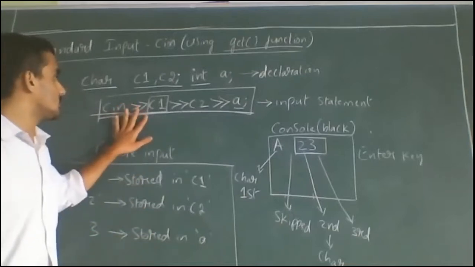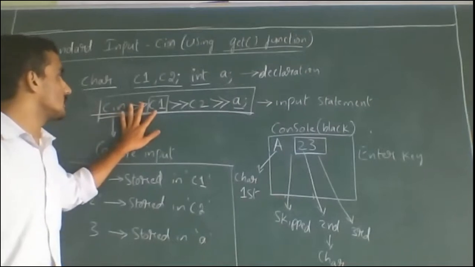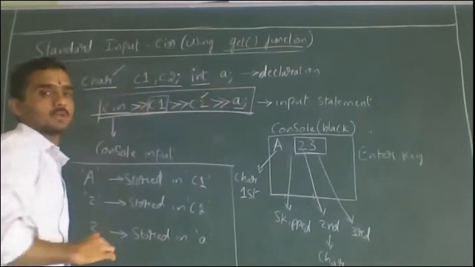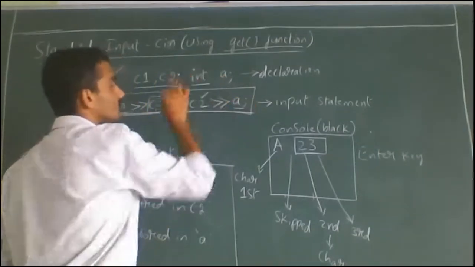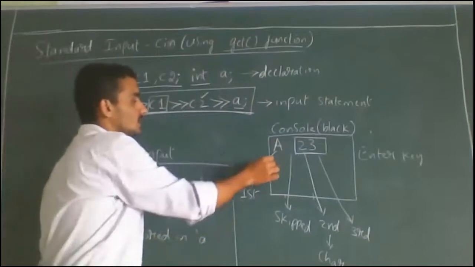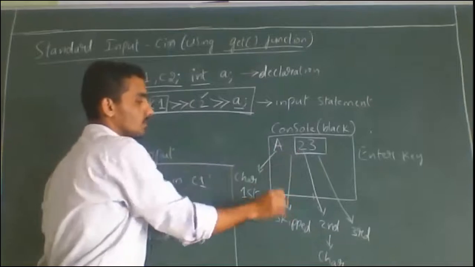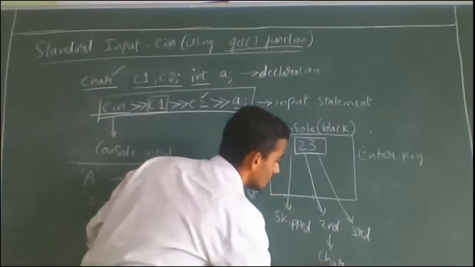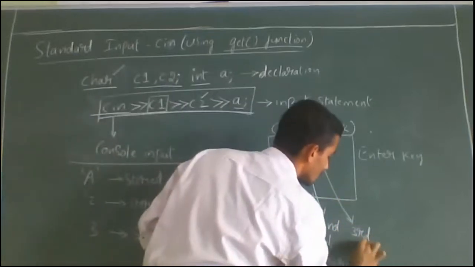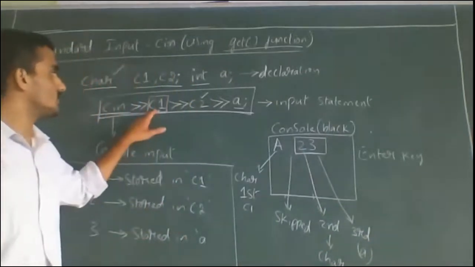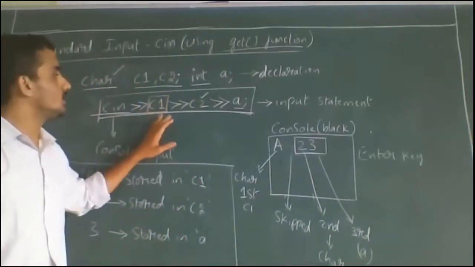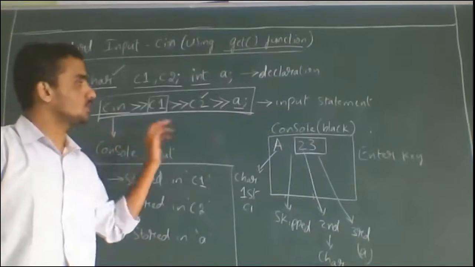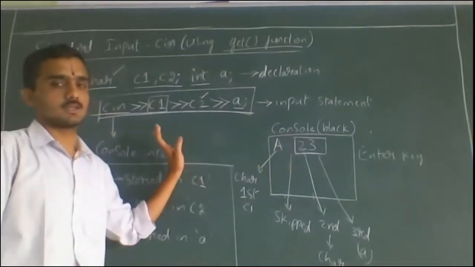So if you look at the cin statement, after extraction operator, first variable is C1, which is of type character. Second variable is C2, that is also of type character. Third variable is A, it is of type integer. So A will be considered as character, that is the first input. Blank space will be skipped. 2 will be considered as second input, that is character. So here you can say this is C1 and C2. 3 will be considered as third input, which is stored in variable A. So A will be stored in C1, blank space is not considered, 2 will be stored in C2, then 3 will be stored in variable A, because 2 is considered as one character in this case.